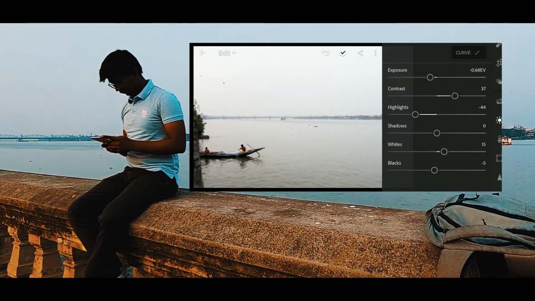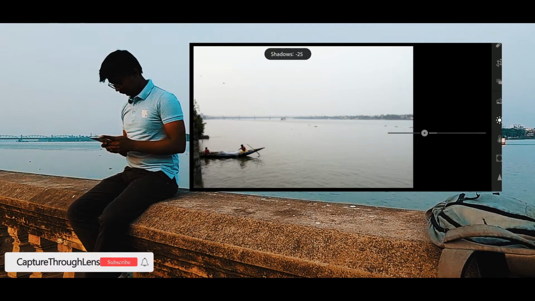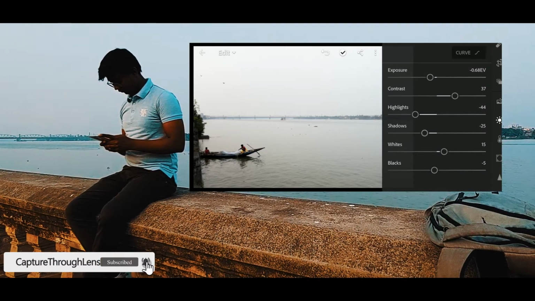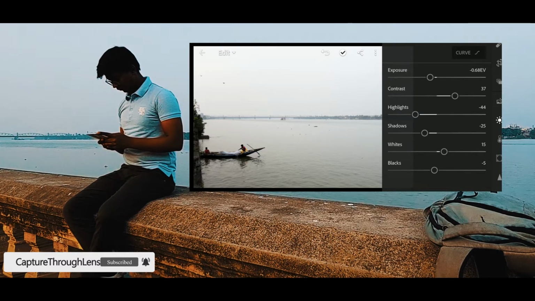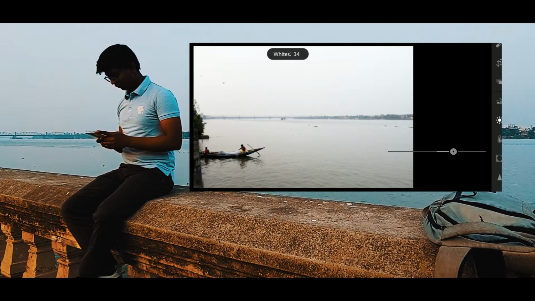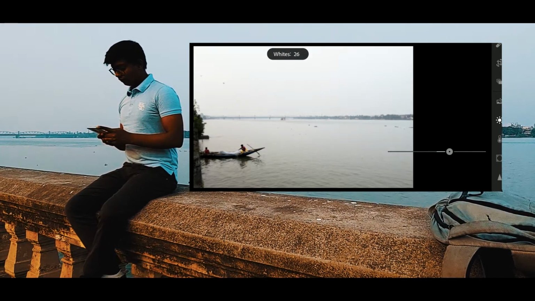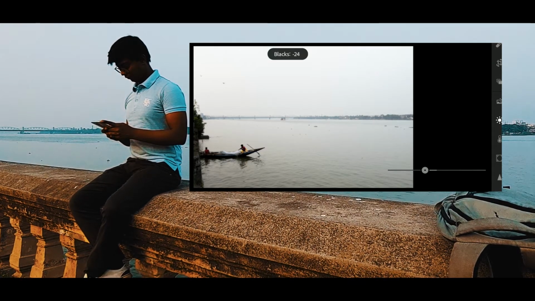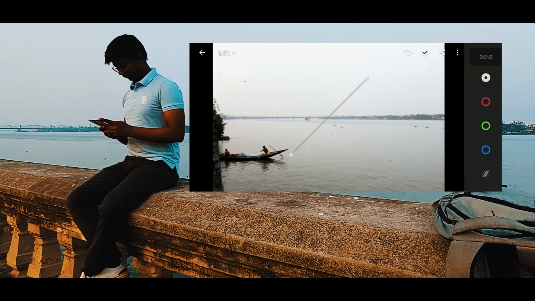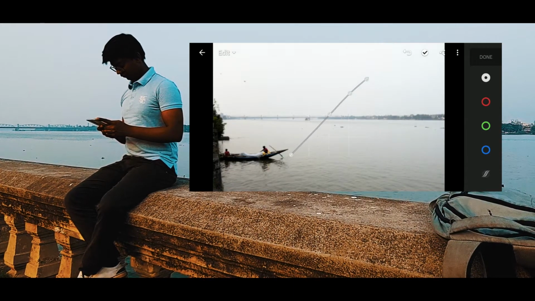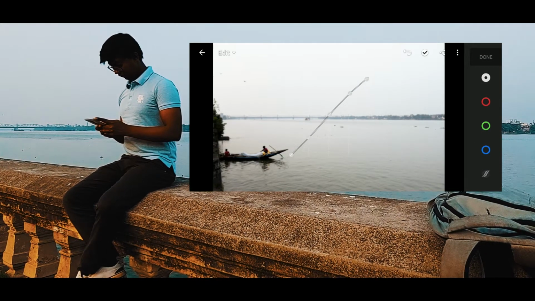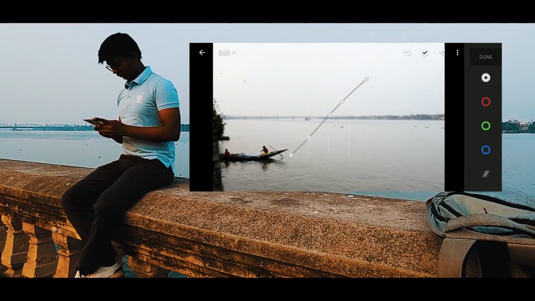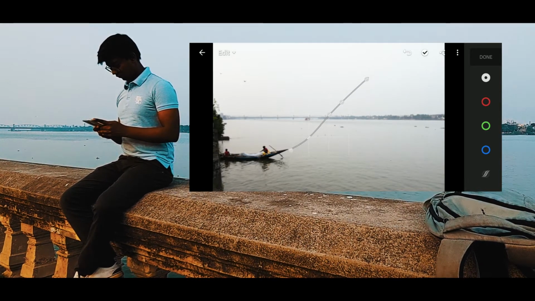Now let's cut the shadows down, bump up the whites to 25% and put on blacks. Let's go to the curve, put the points on the graph, and now let's first do as